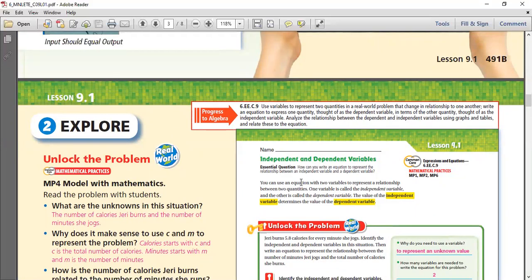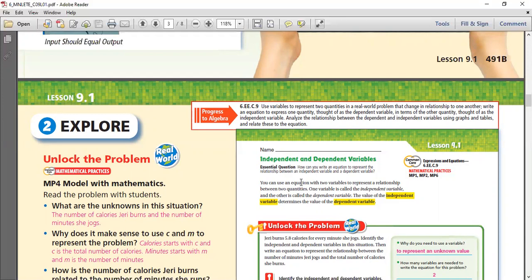Your dad, of course. So you are dependent on your dad and mom for all these things. Keeping this in mind, independent means you don't need anyone's help. Dependent means you need someone's help. So keeping these two things in your mind, in this lesson we are going to be learning about independent and